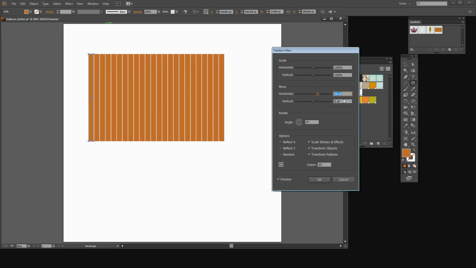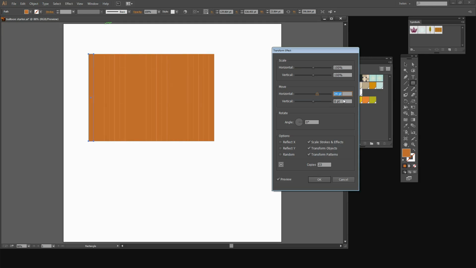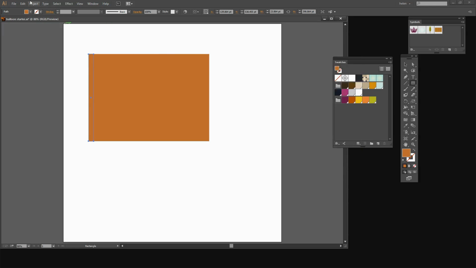Now that's a bit too big a spacing, so having seen the white spacing between these, I'm now going to decrease it, and I'm looking to get rid of every single one of these very faint white lines, and only when they've all gone can I call that good. I can't have any white lines at all, because if I do, it's going to mess up my balloon later on. I'll click OK. Now we'll do Object, Expand Appearance and Object, Ungroup. And what that does is it now gives us 24 individual rectangles,